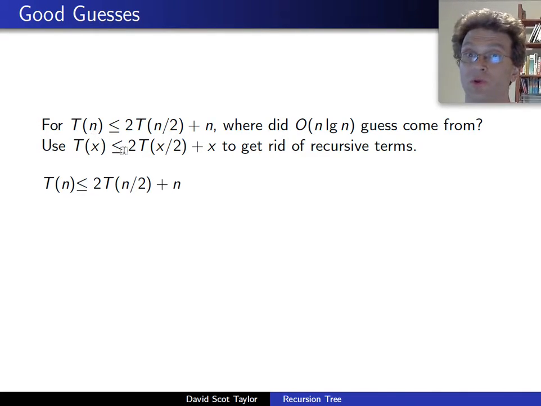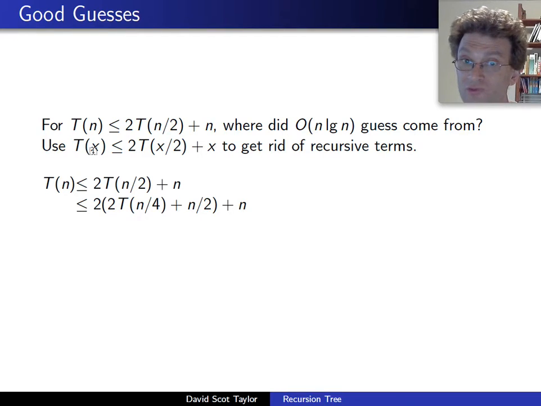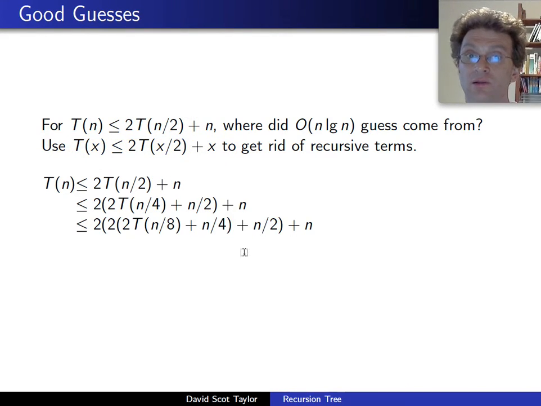So here we go. Here's another thing that we already saw, our merge sort relation, right? We have T of n less than or equal to 2 T of n over 2 plus n. Where did our n log n guess come from? We're going to do the same thing we did before. We're going to use this general form to get rid of our recursive forms. Hey, I want to get rid of T of n over 2. I use this relation: T of n over 2 is less than or equal to 2 T of n over 4 plus n over 2. Great. Plug that in. Hey, I want to get rid of T of n over 4. I'm going to use this x equals n over 4, substitute in for T of n over 4 using this relation, and I'm going to get the next term